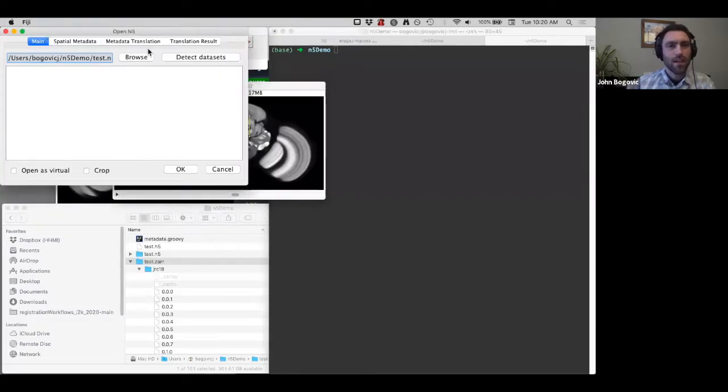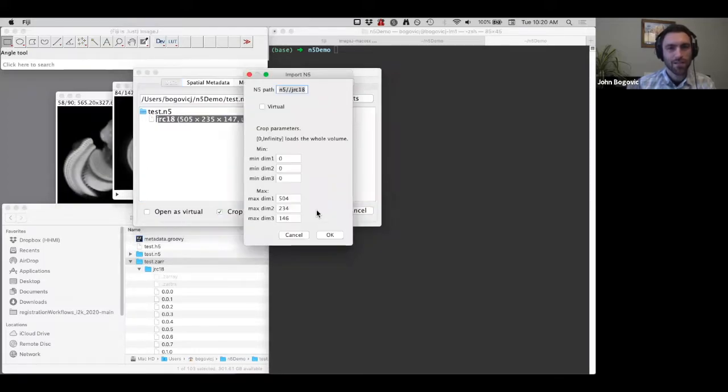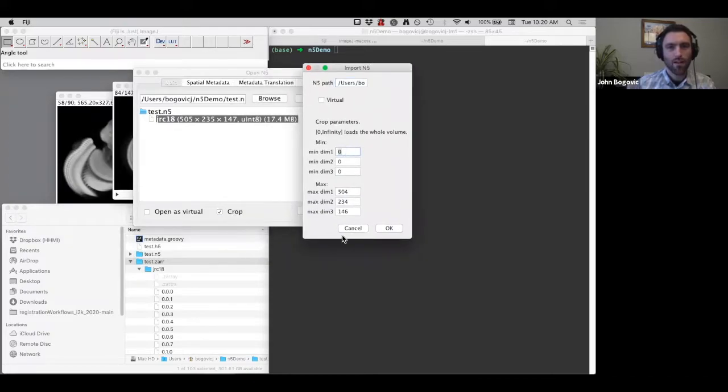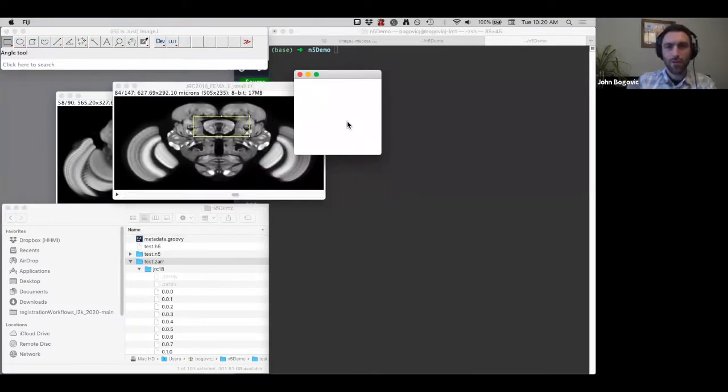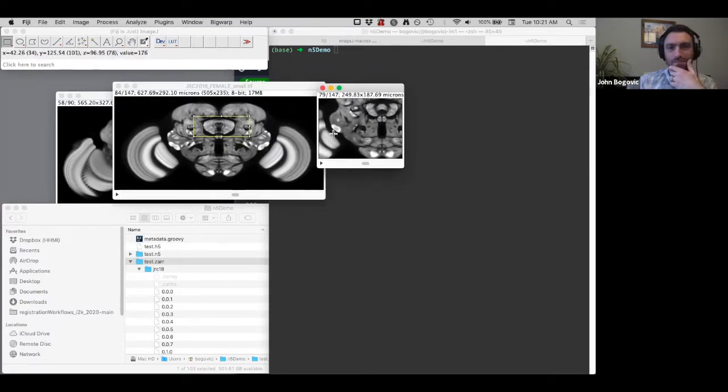So if we open this and click this crop button, once I hit OK, another dialog box is going to pop up, and it's going to ask me what subset of this data I want to open. I don't remember what I said, but I'm going to take a guess. We'll say it was something like this. And I hit OK, and it opens. So I wasn't quite correct,